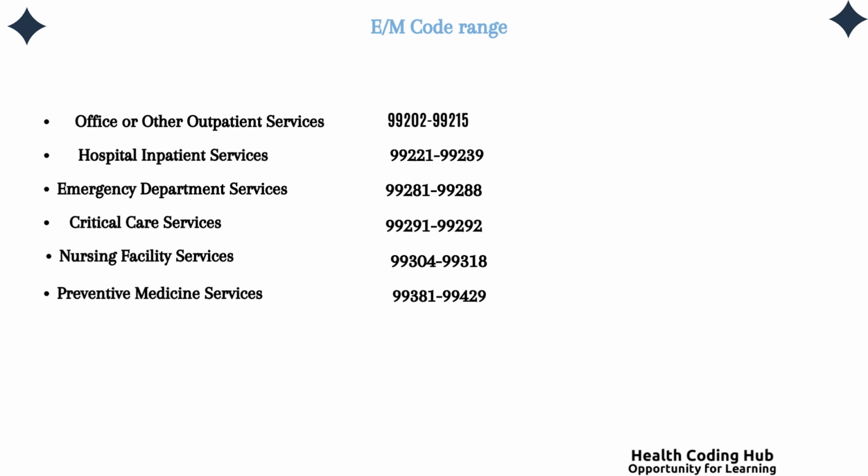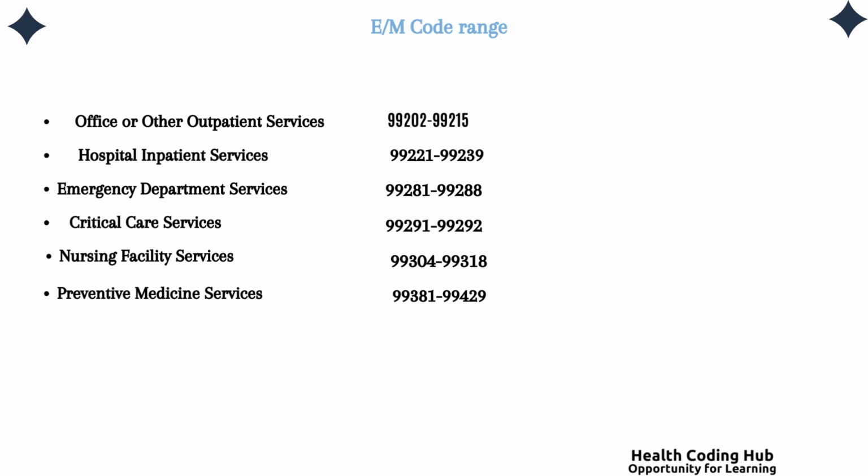For critical care services, we have the code range 99291 to 99292. For nursing facility services, we have the code range 99304 to 99318. And for preventive medicine services, we have the code range 99381 to